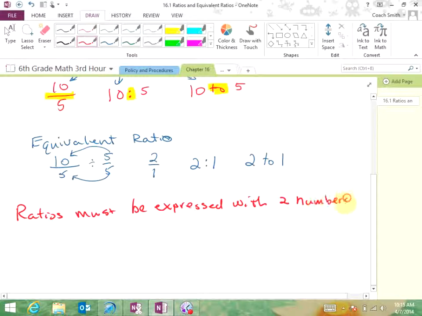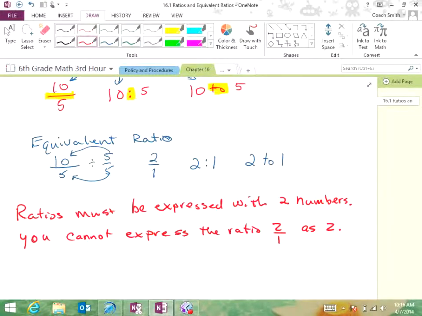You cannot express the ratio 2 over 1 as just 2. Okay, we must